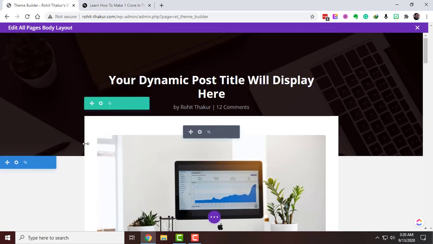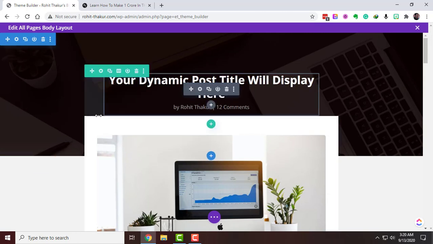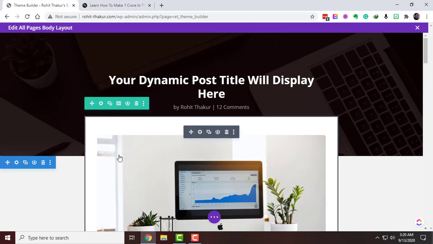Right now, if you can see the problem I'm having, I want to edit this row. But when I go above here and try to select that option, before I reach there it disappears and it moves here, to the title. This is the problem I'm having because of the padding that I'm using here right now. If you are also facing this problem, there is a solution.